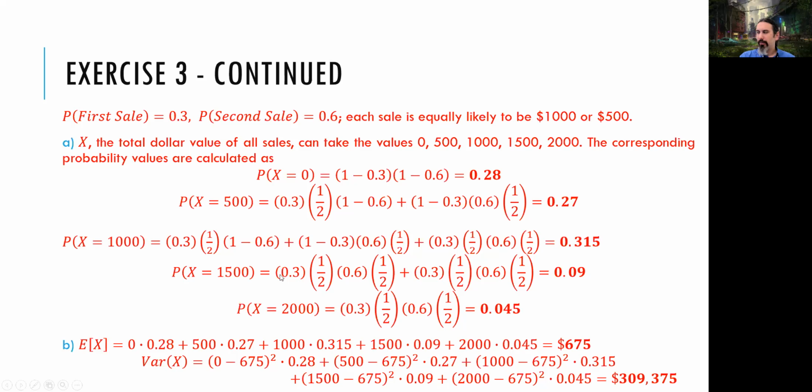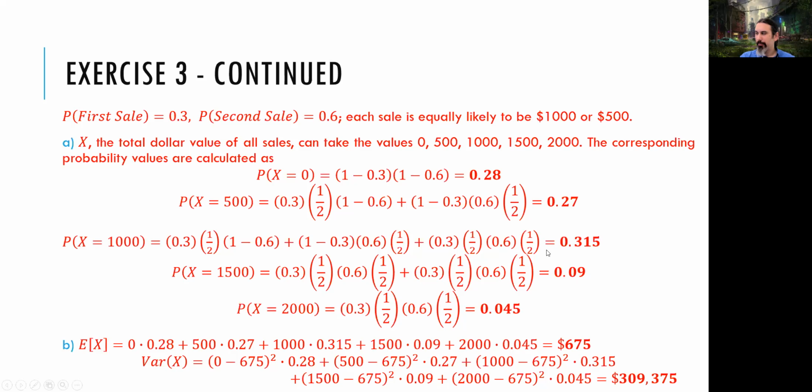I'm starting with whichever I want. I don't care. So this one might be selling the standard one and deluxe one, and this is the deluxe and the standard one, which is going to give me 0.009 probability. And in the last one, I'm selling twice. Both of them are the deluxe models. So 1/3 times 1/2, 0.3 times 1/2, 0.6 times 1/2. These are selling probabilities, and these are the deluxe ones, picking the deluxe models. And this is going to give me 0.045.